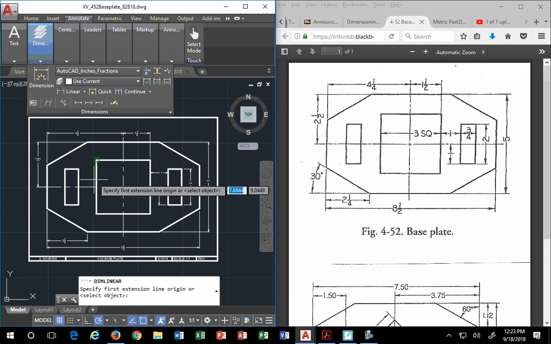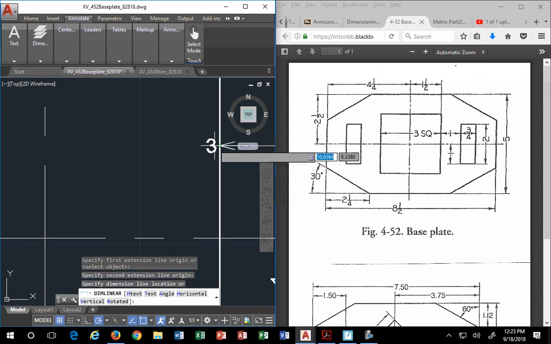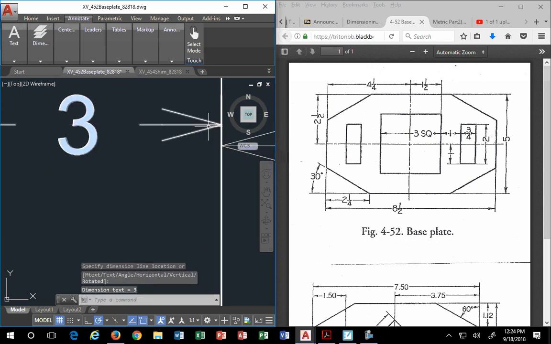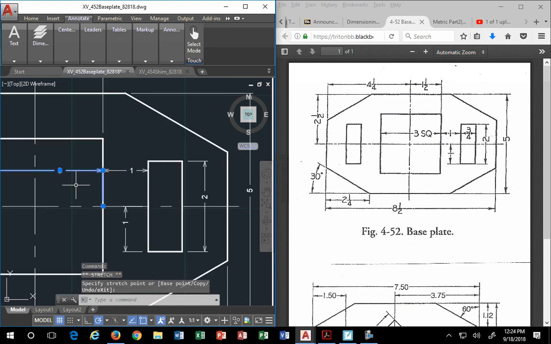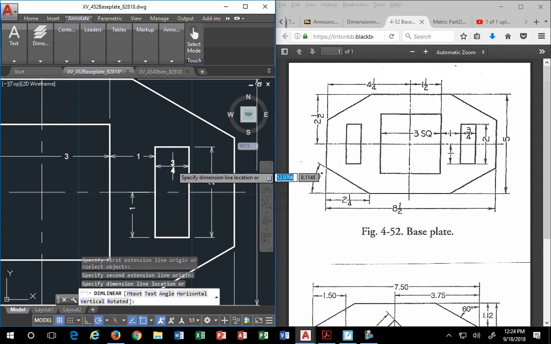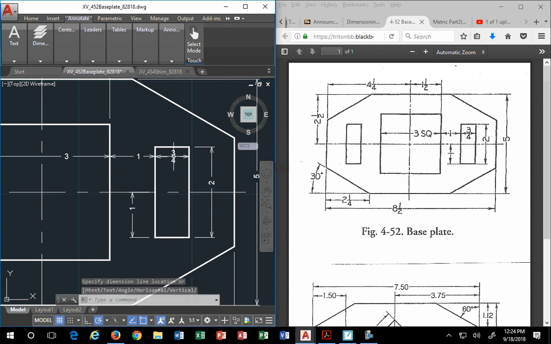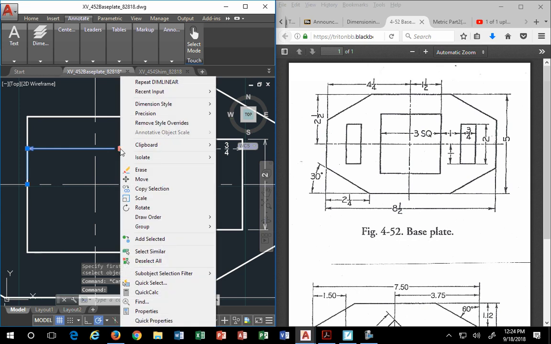Now here's an interesting one. When you drop this one in, you can line this up, that's not a problem. Just pause for a minute. If it doesn't want to line up right away, you can drop it and then reline it later. This 3 is not supposed to be just the number 3. Just like this dimension here really isn't just, oh no, that one is 3/4, that's fine. But this one, 3, right here, is not just 3. So you have to actually click on this, right mouse button,